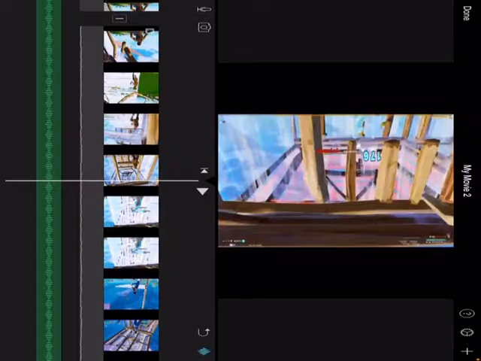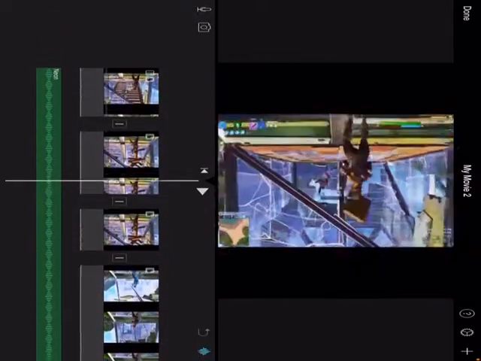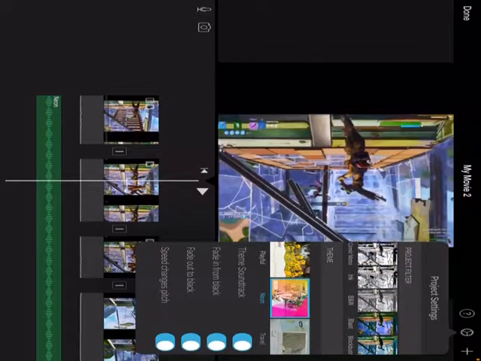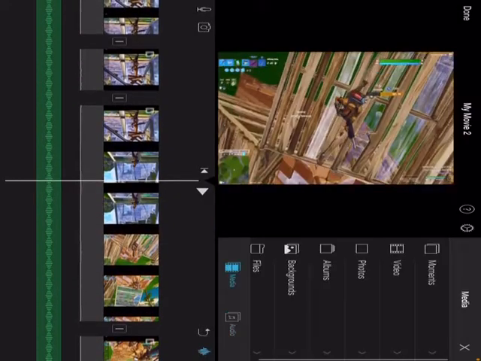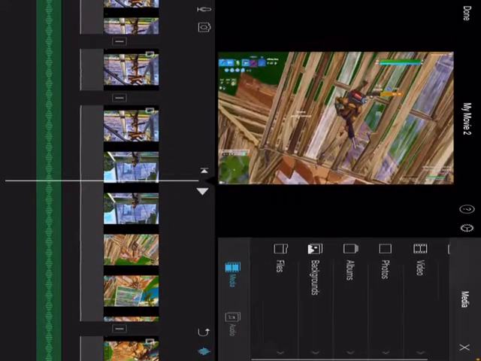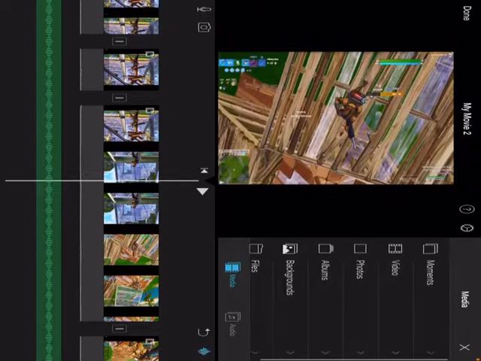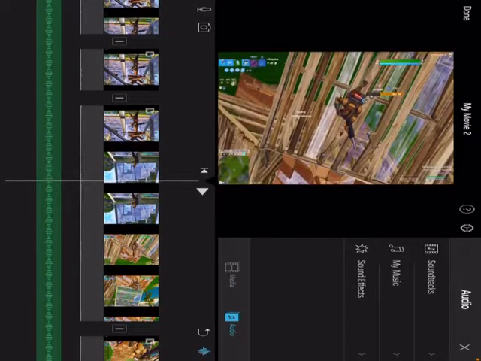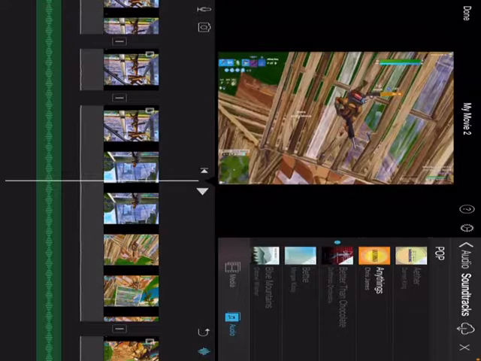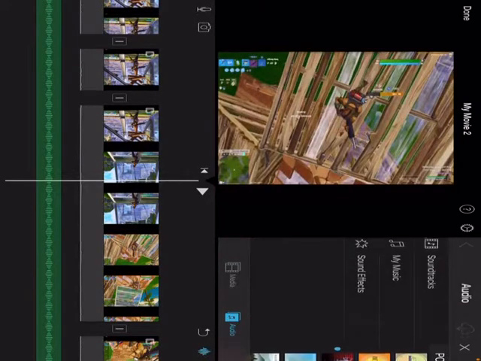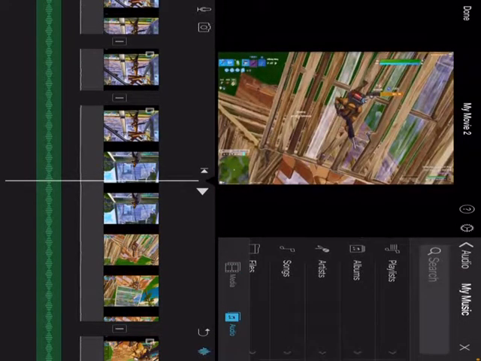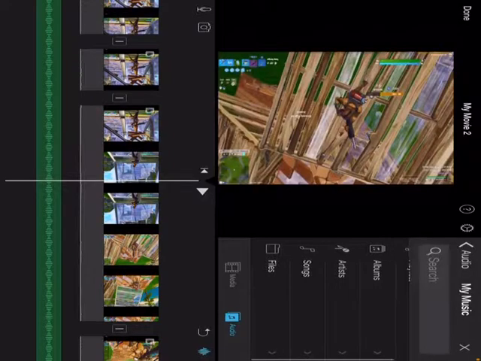Oh, how could I forget? I forgot to show you the music. If you go into that settings button, you can change this, but it'll change it for the entire thing. And the add button, you can add some photos, background files, and if you press audio, you can play your songs sort of thing. Around here, so this is some of my music and songs